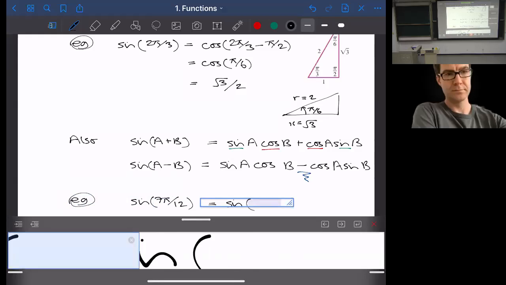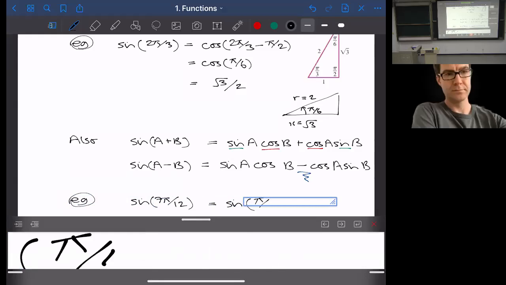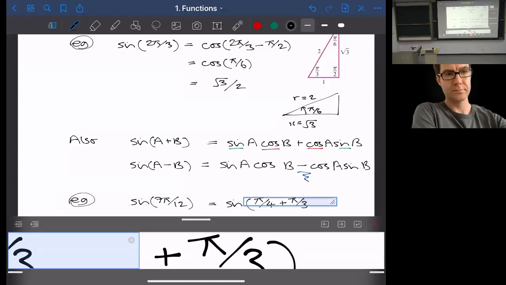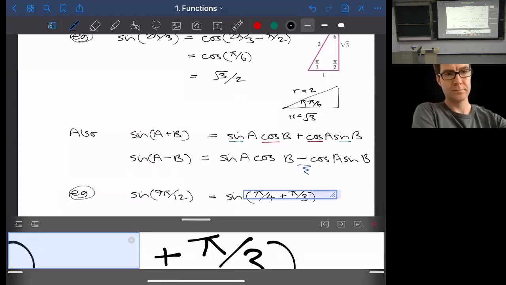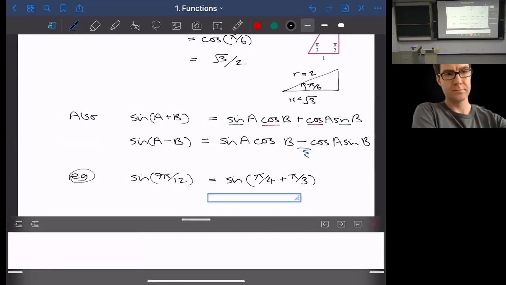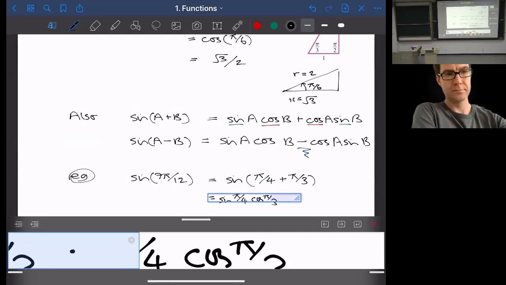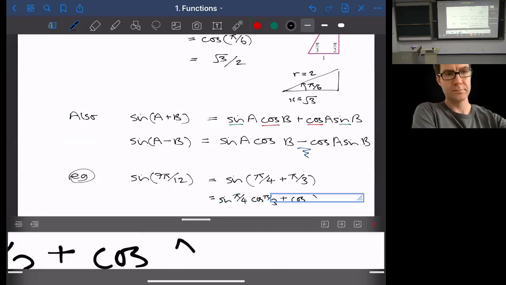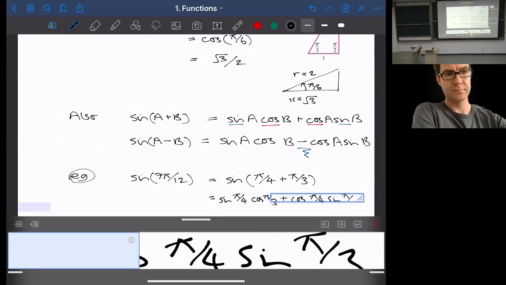So to calculate sine of 7 pi over 12, notice this is pi over 4 plus pi over 3. And so from the formula above, this is sine pi over 4, cos pi over 3, cos pi over 4, sine pi over 3,